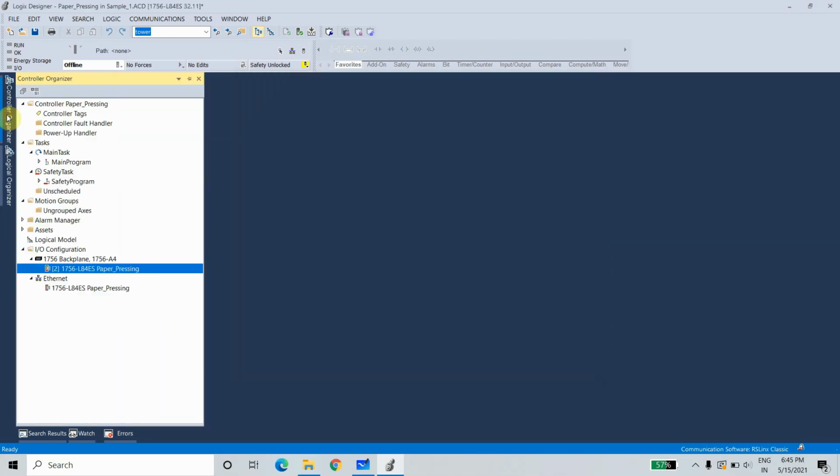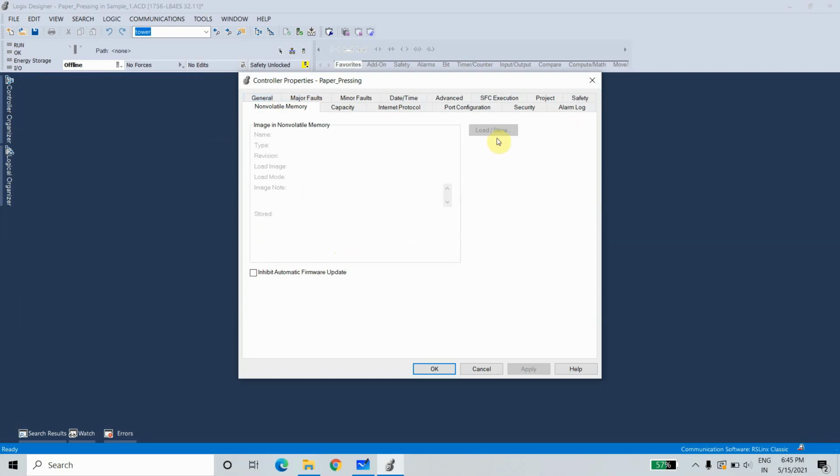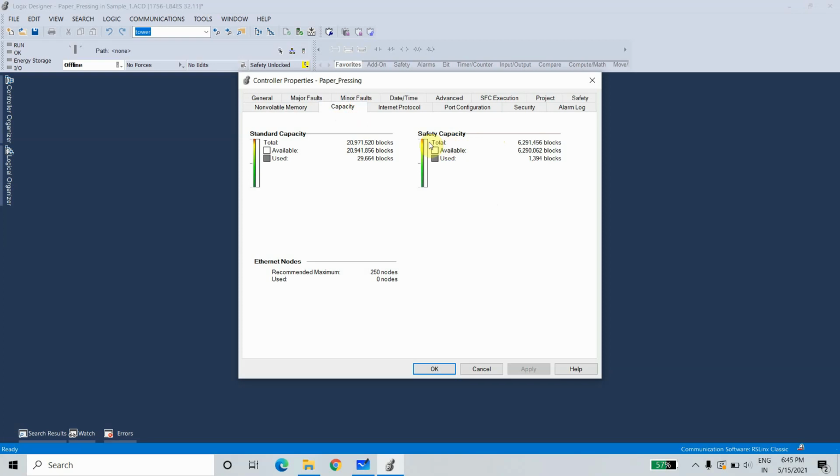And okay, now I will explain what are the objects available here. So this is the non-volatile memory. In case you are using a memory card, that store option will be enabled here. If there is no memory card, then this option will not be enabled. And here, what is the memory size of that controller, how much it is used, everything will be shown here. All this data will be shown only in online mode. So if it is offline, then only whatever is available will be shown.